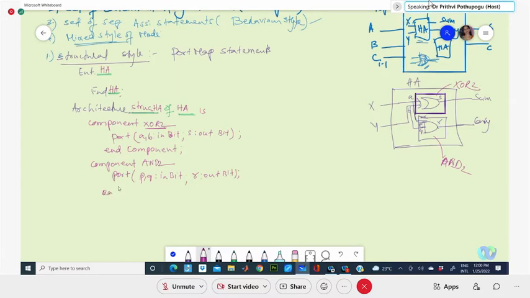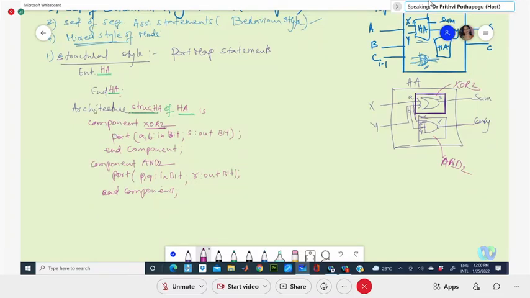Again, you end the component. Finished. Whatever components you are taking, if the similar component is repeated n number of times, there is no need to write that n number of times. One time declaration of the component, you can repeatedly use that component n number of times. So basic declaration of the components should be done.